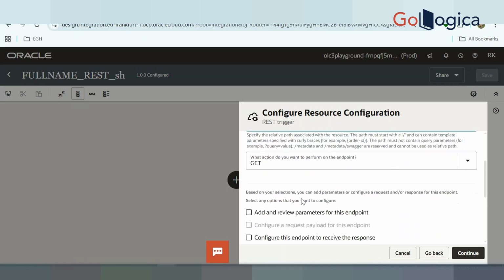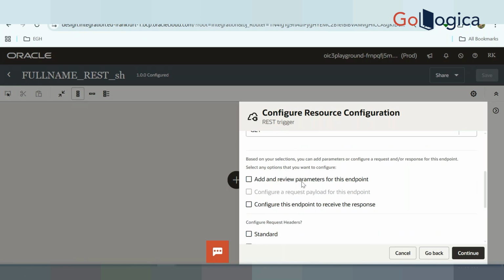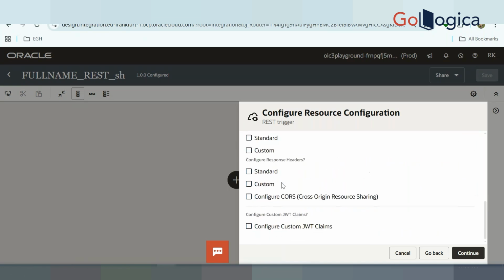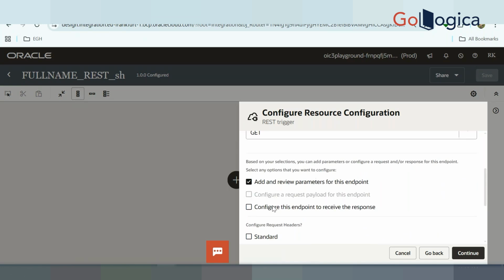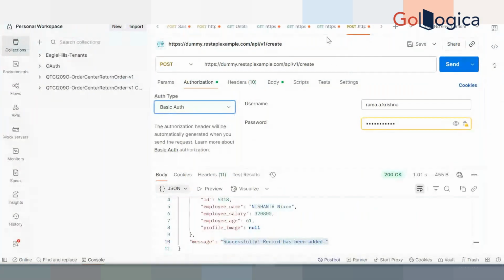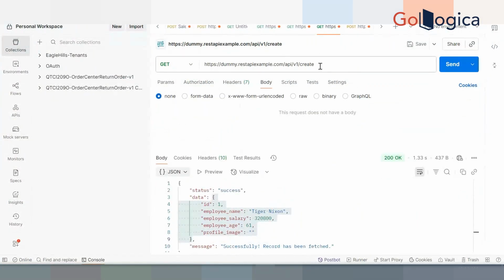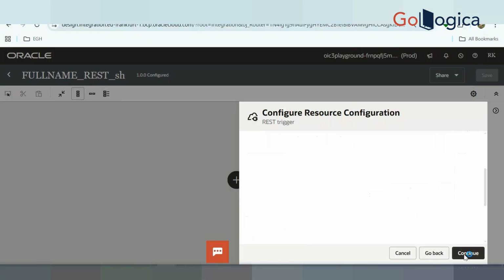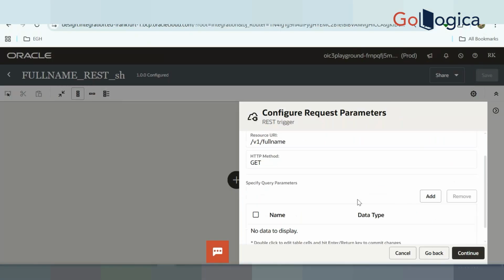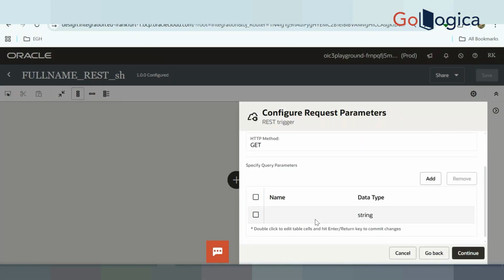If you want to pass parameters here, and the response also. The body parameters, header parameters. If you pass input in the headers, we call that header parameters. Continue. So here you can mention parameters.